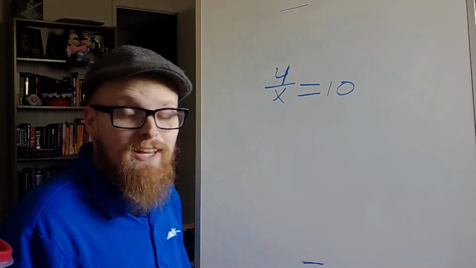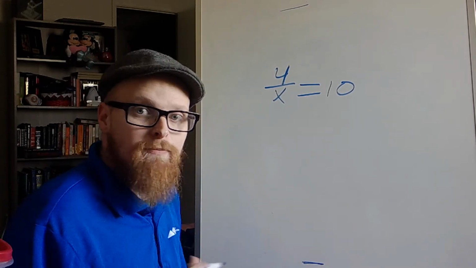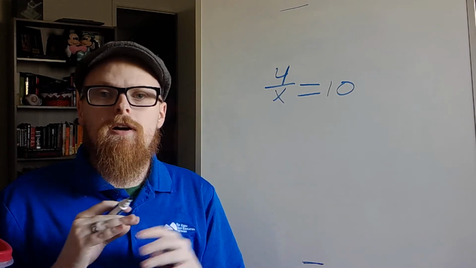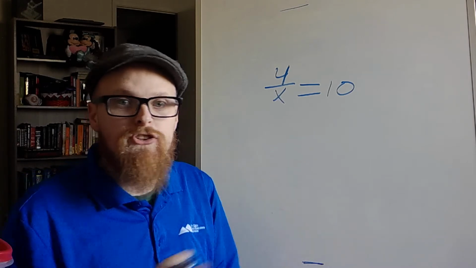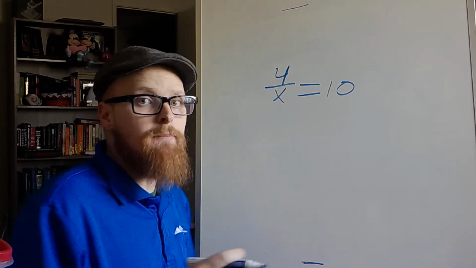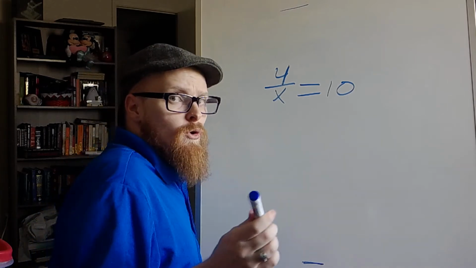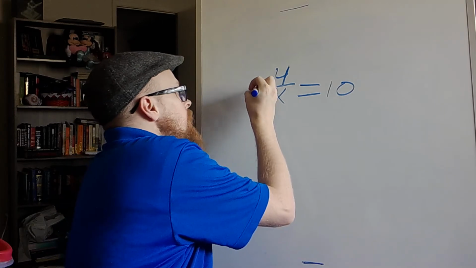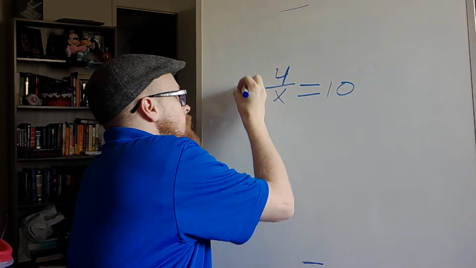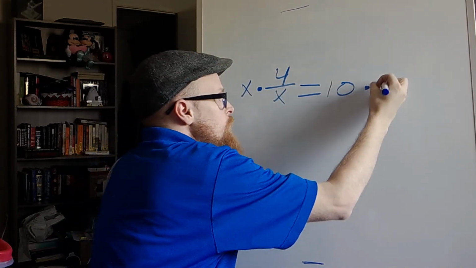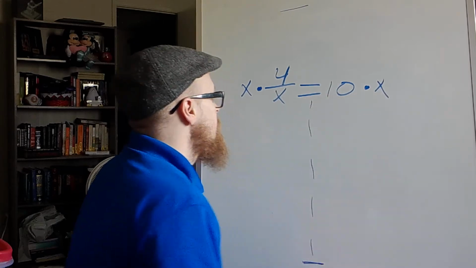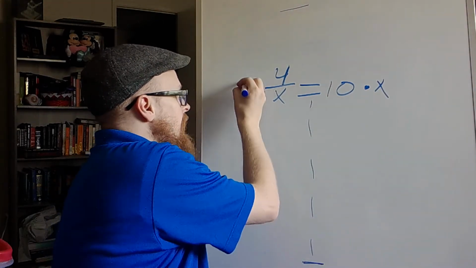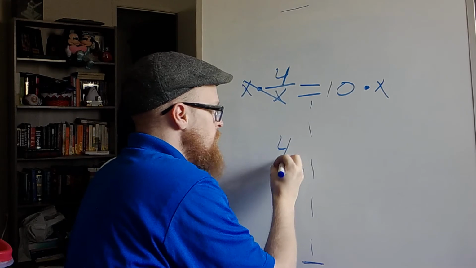But what I can do is multiply both sides by x. Your x is a variable. You can move it around just like you would a number. Okay? We'll go over that some more in the next video as well. Right here you're going to see a taste of it. I'm going to multiply, just like I did before. Multiply by x. Multiply by x. Okay? Now, these are going to cancel. I'm left with 4 equals